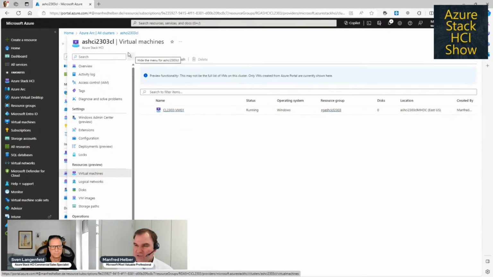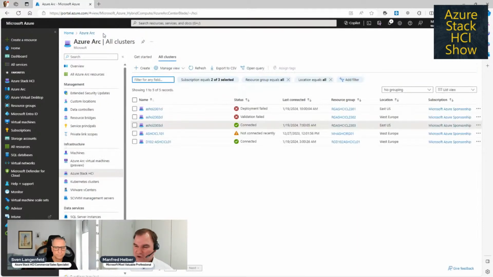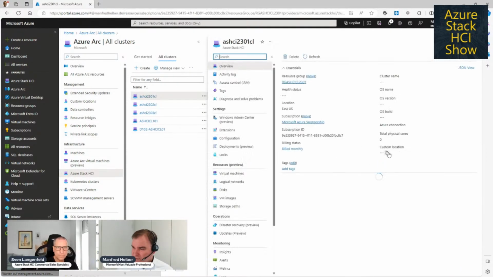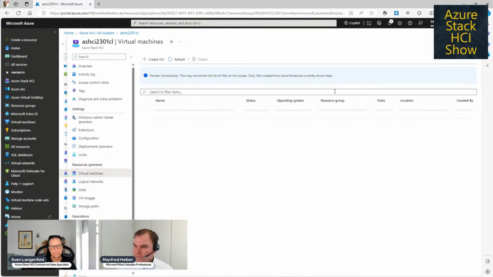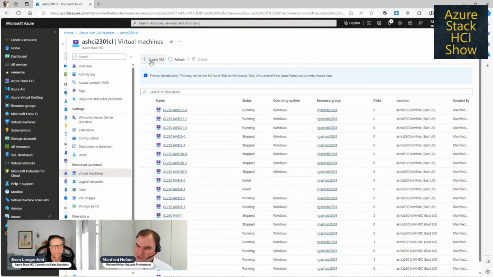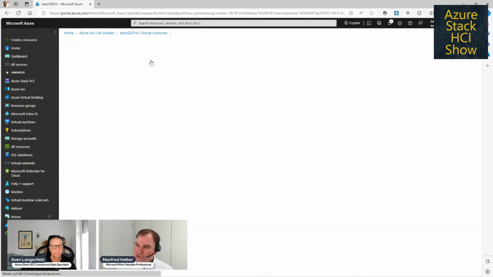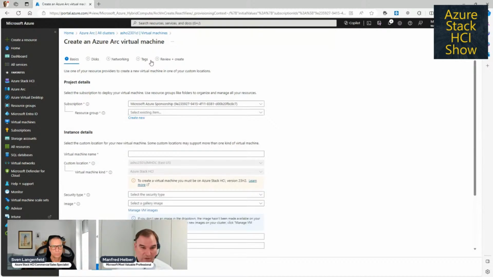I'm the global administrator with access rights to every object here inside this Azure subscription. Let's have a look at the steps of the deployment of a virtual machine. We have seen this in a previous Azure Stack HCI show. I just go to create virtual machine here in the Azure portal,